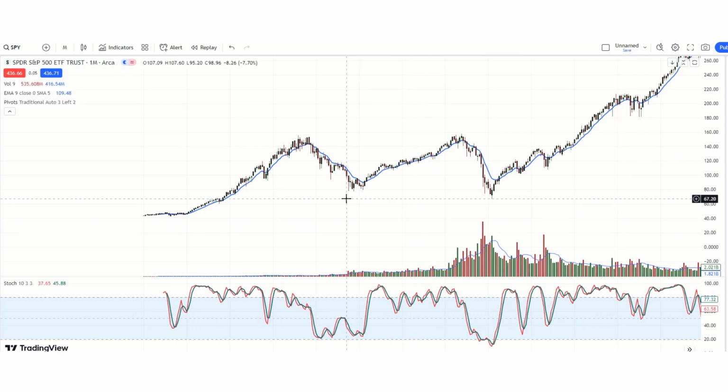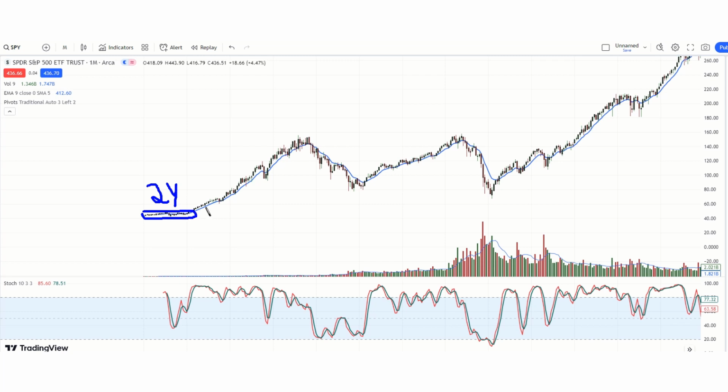Now, each one of these candlesticks is a monthly candlestick. And what I want to show you is, look at this. First of all, we had nothing going on for all this time. This was, for years, 1993. We went sideways for 2 years. So this area right here was 2 years. Then we got the breakout.